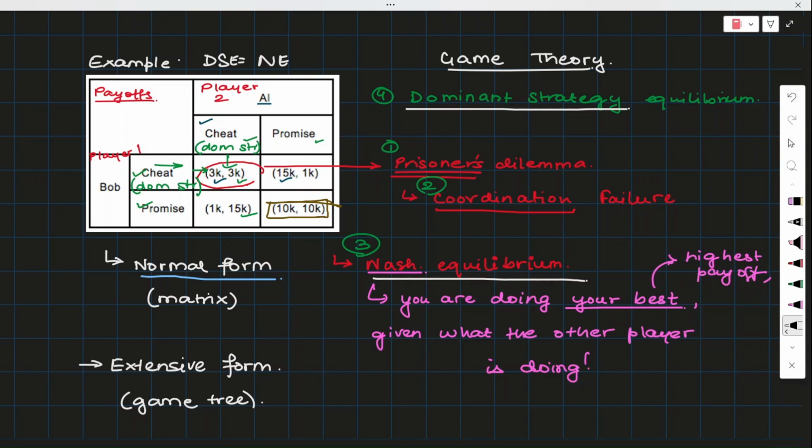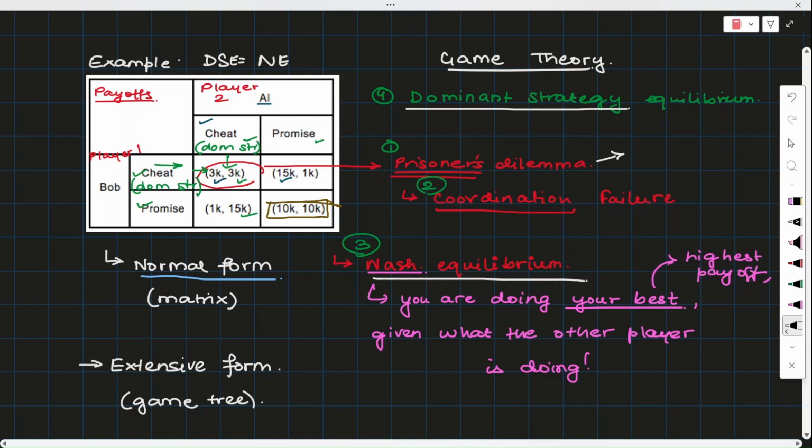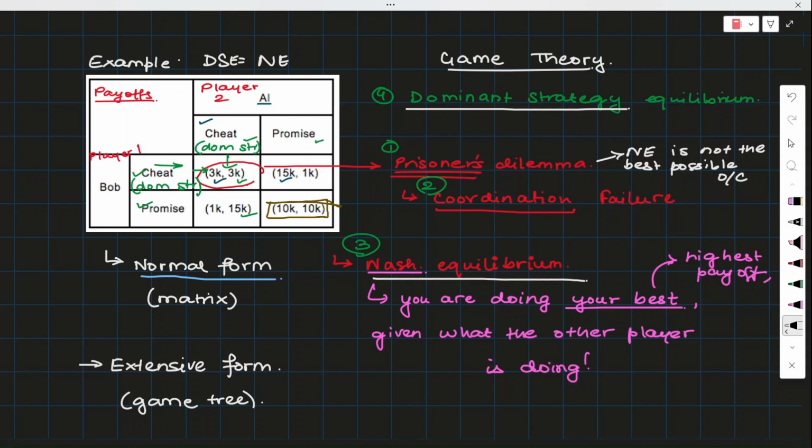So you can see that there are a couple of things that we found out. One is, a prisoner's dilemma game does not need to have prisoners. They can have other forms. The main idea is there needs to be a situation where the equilibrium, or in case Nash equilibrium, is not the best possible outcome. So that is basically the main idea of prisoner's dilemma. The idea is not that we have to have prisoners. The idea is the final outcome that we have should not be the best outcome. That is the definition, that is the main concept of prisoner's dilemma.